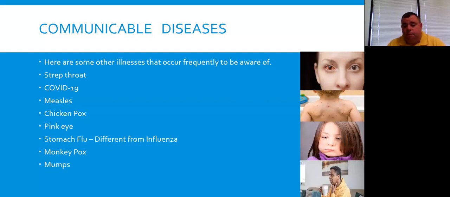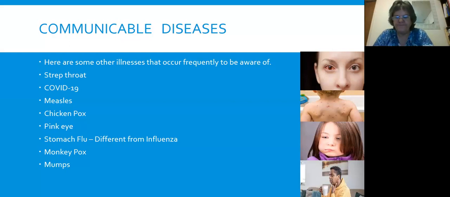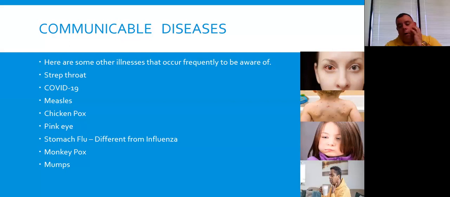The mumps is a viral infection that creates a swelling in either the glands in your neck or your face. An example of a picture, if you look at the little girl in the purple jacket, her cheek is all swollen up, if you can see that. That is an example of mumps. Mumps can be very painful as well. You need to go and see a doctor for treatment.